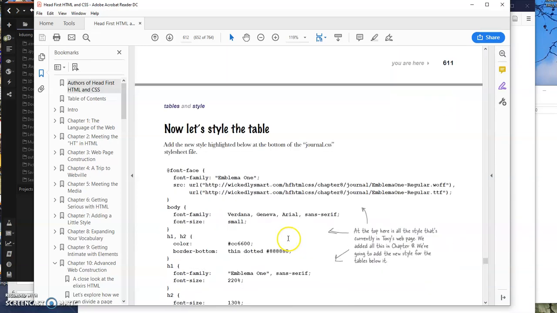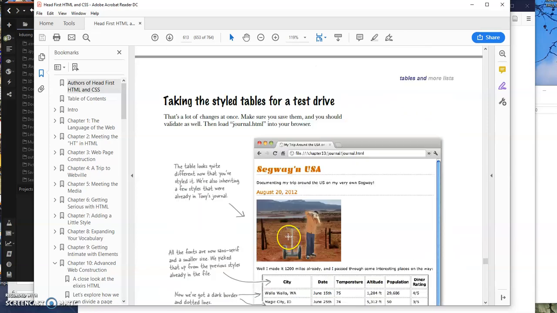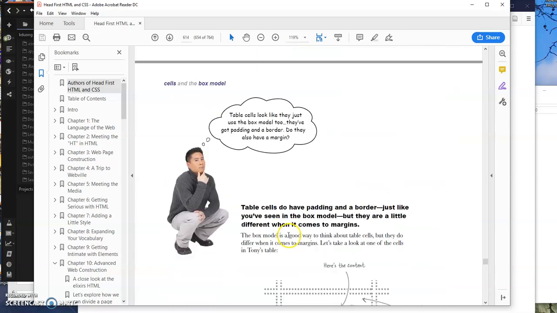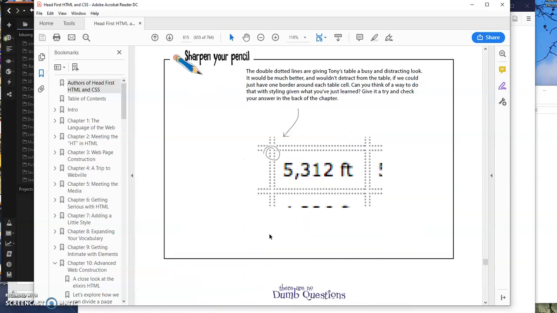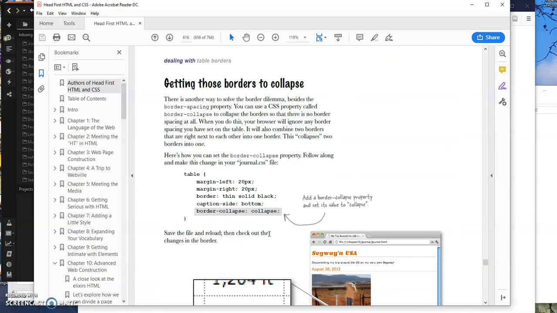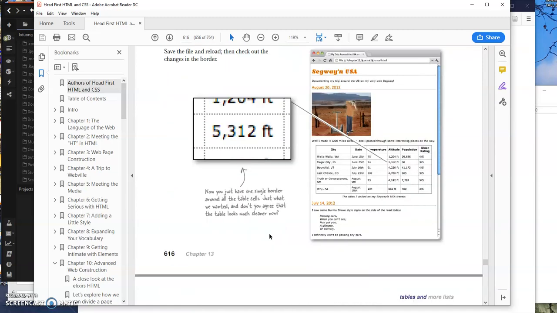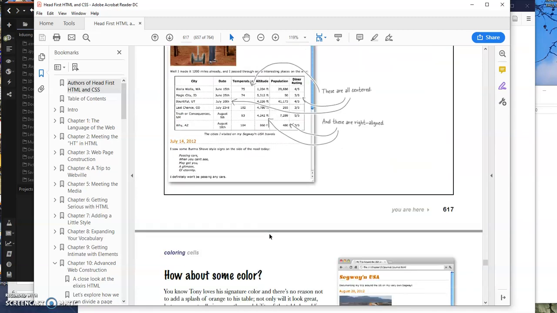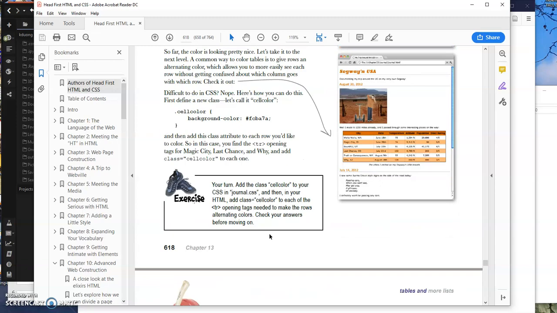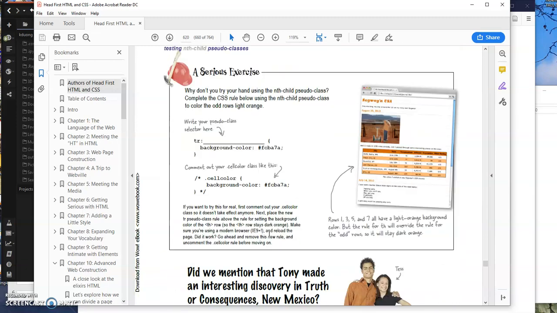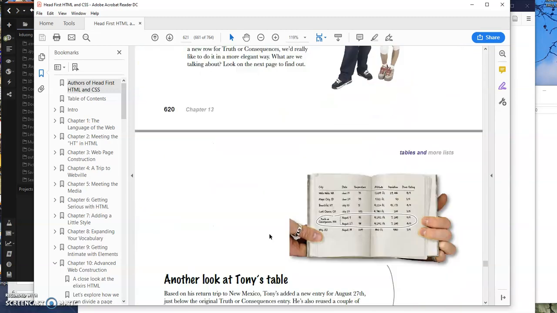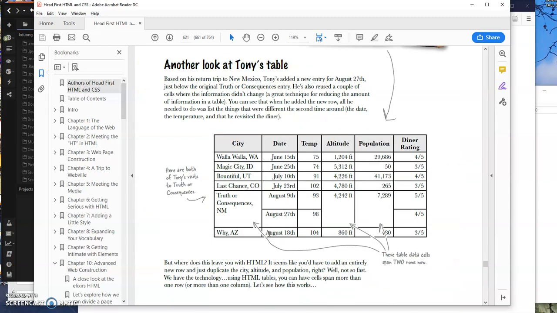But if I get down somewhere, scroll on my laptop, it's a bit faster. There's the border collapse and color. The textbook does go fairly in depth with this example that they show. But the thing I want to talk about is this here. In